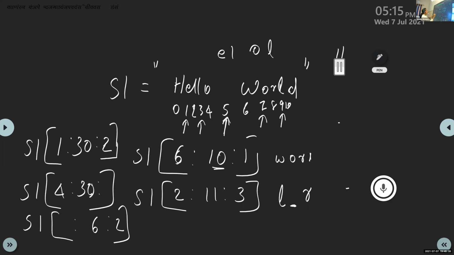The first value is 1. After that I increment 2 with 1, it is 3. After that 3 with 2 it is 5. Then 7, then 9. If we increment 9 with 2, the result is 11. There is no position value 11, so we'll stop here. Okay, Kevin? Yes, ma'am. So we'll stop at 10.